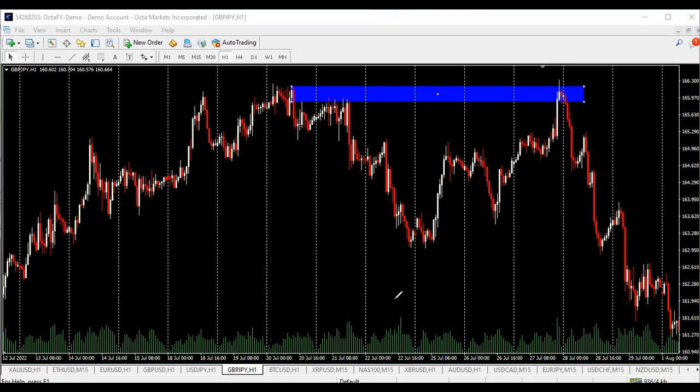Now, this is a high volume, right? Extremely high volume, right? When you trace this volume to the candlestick,